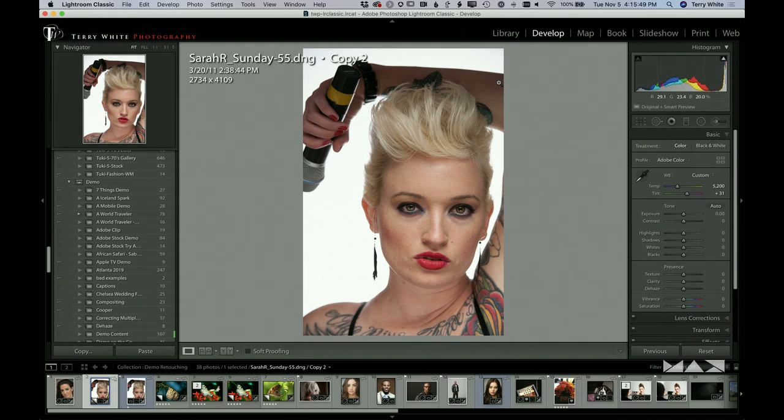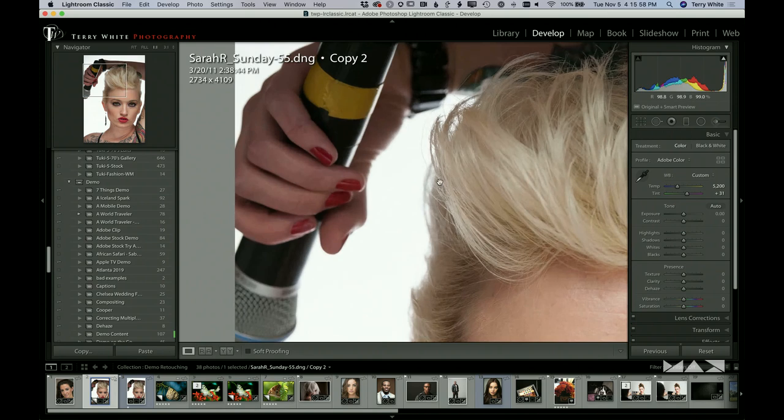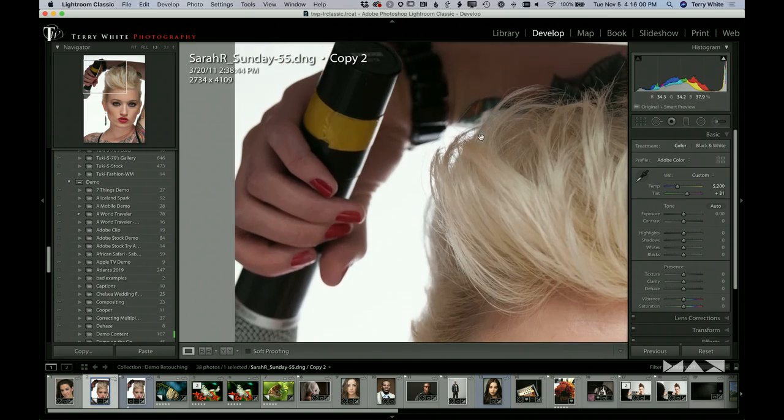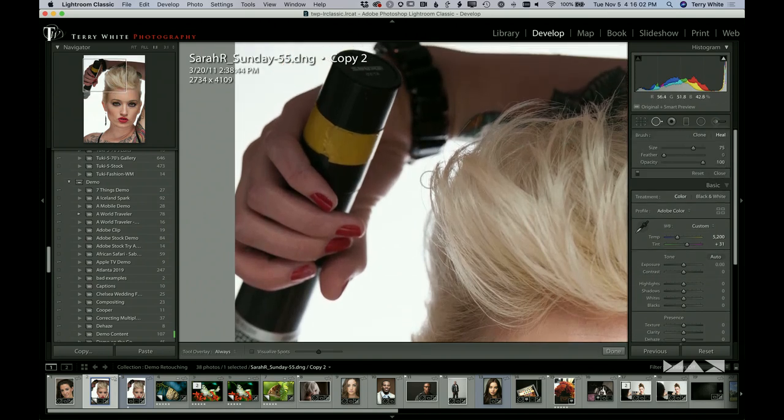That's where the challenge comes in. Photoshop, piece of cake, patch tool, clone stamp, healing brush, lots of ways to do it, easy. Can I do this in Lightroom? Let's see. I do have that spot removal tool that now works like a brush. Let's see if it works. Gotta be careful. Got a little overzealous on the right-hand side there. Now when I let go,